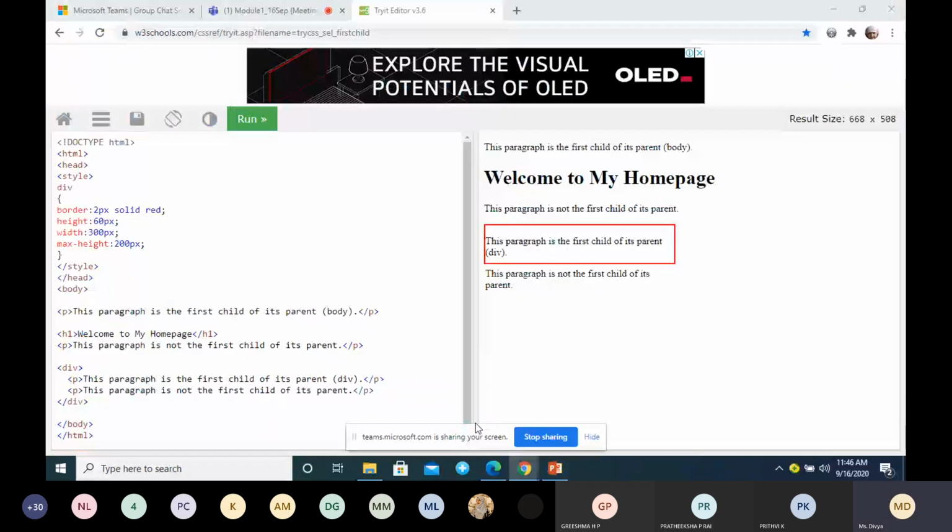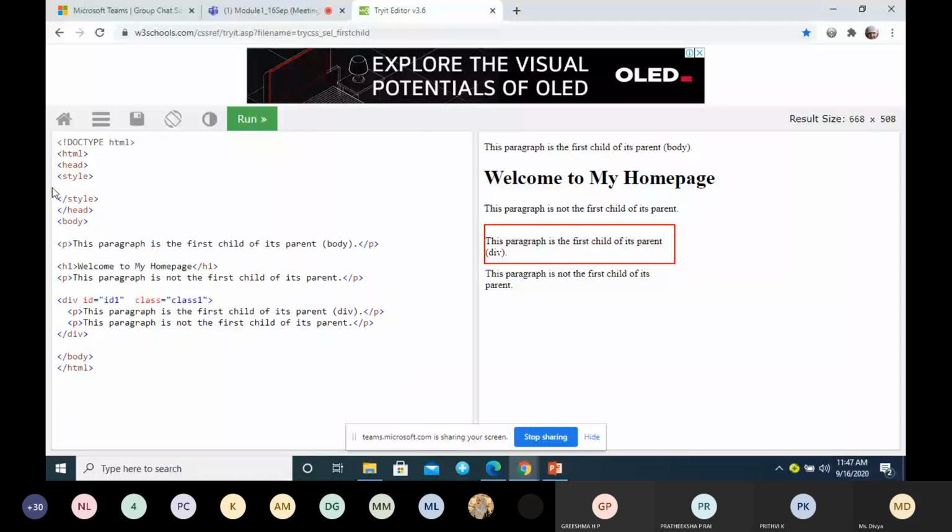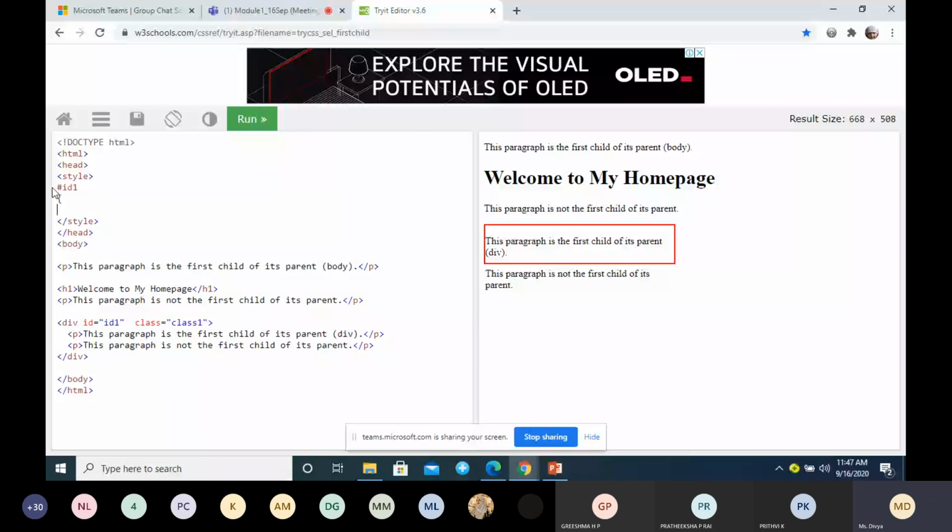What we do is we create an ID selector, ID1, and similarly we also go for a class selector, class 1. Now what I do is, using the ID selector, I give the color as red.